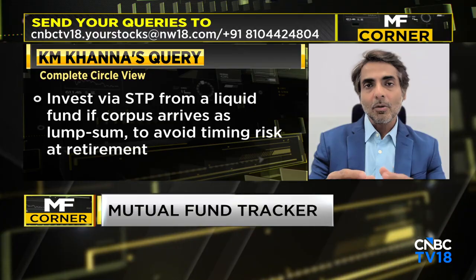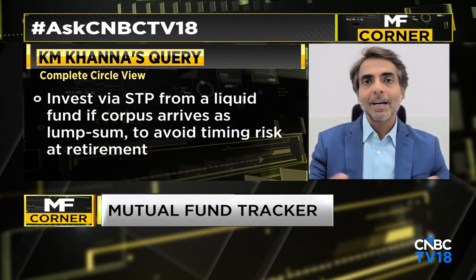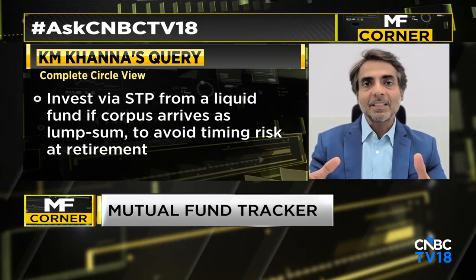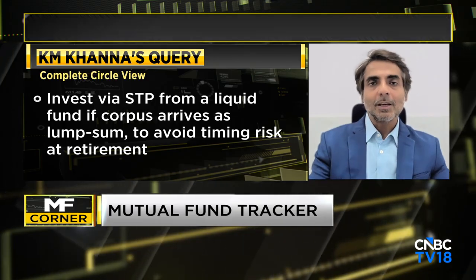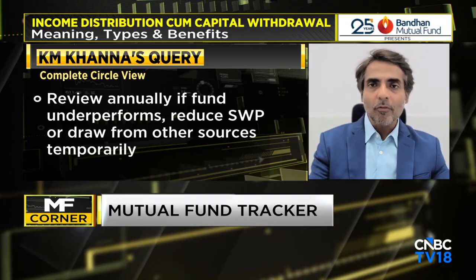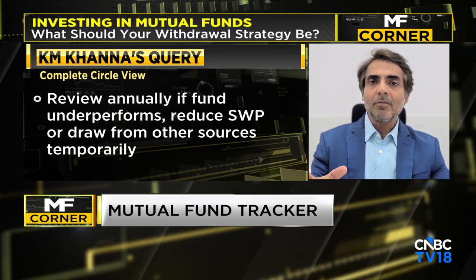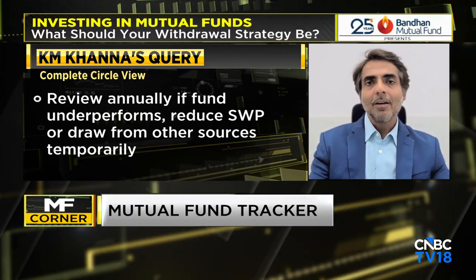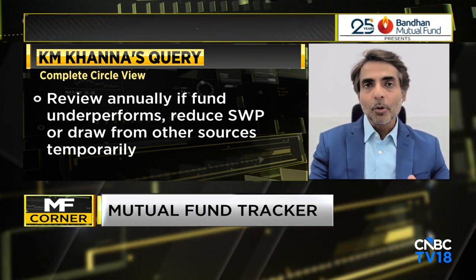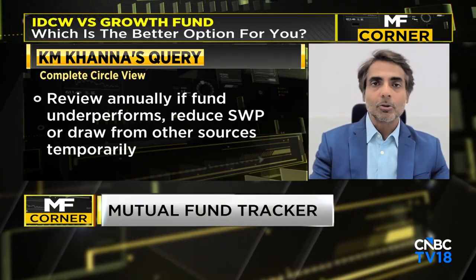Because depending on the rate at which you are generating returns out of your entire corpus, your withdrawals impact in the same way, but your expenses remain the same, so your longevity reduces. So I think the ideal way to look at it is to take 10 to 11% of expected return from your portfolio as a consideration, and take out 5% on the higher side from your portfolio for the SWP plan. That will help you keep on enjoying the corpus if, God willing, you live very long also. Okay, all right.